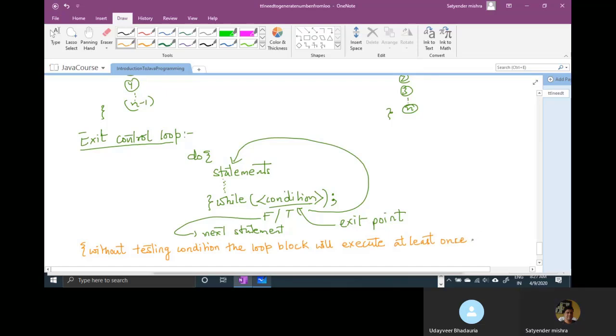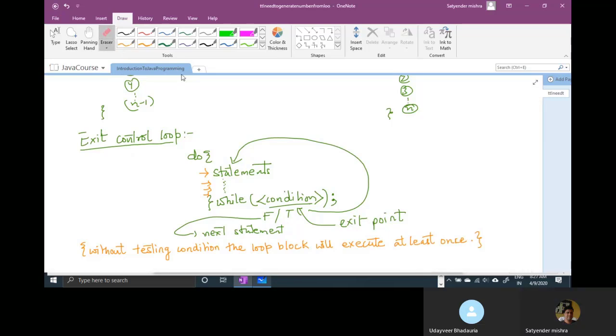That means there are no conditions in the do. This statement will automatically get executed for one round, at least one round. After execution of one round, the condition is tested. So we can write here: